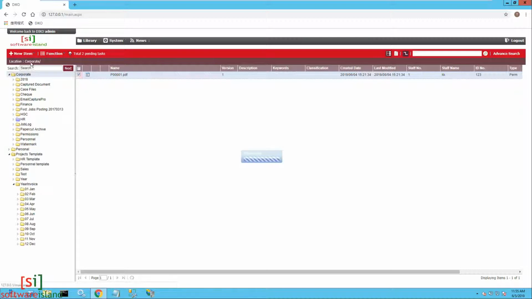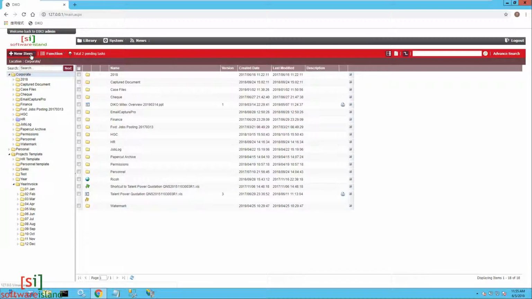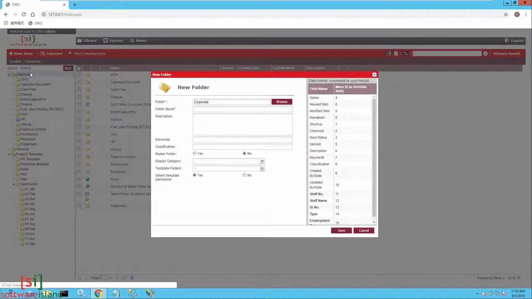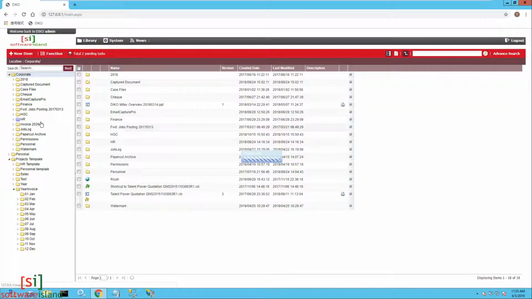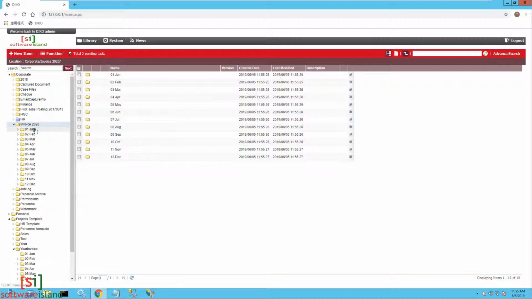Let's take a look at how to apply the template folders. Simply choose a folder within the corporate library and add a folder like you normally would. Let's call it Invoice for 2020. The only difference is, before you save the folder, you must select a template folder in the drop-down menu here, then Save. Now we can take a look at the Invoice 2020 folder, which has all the customizations and added